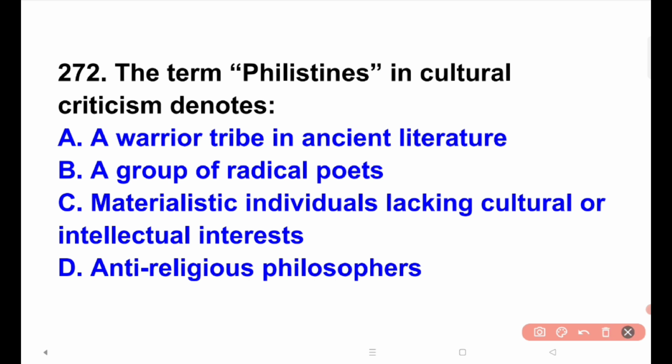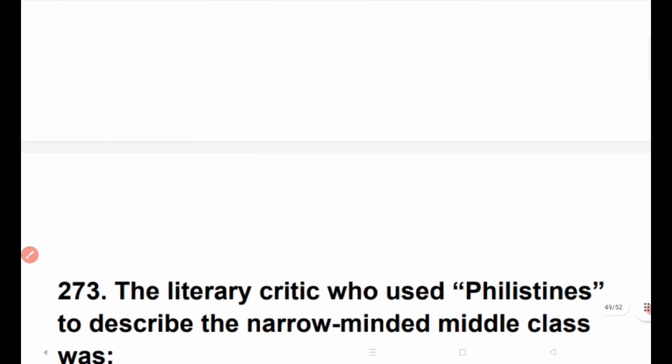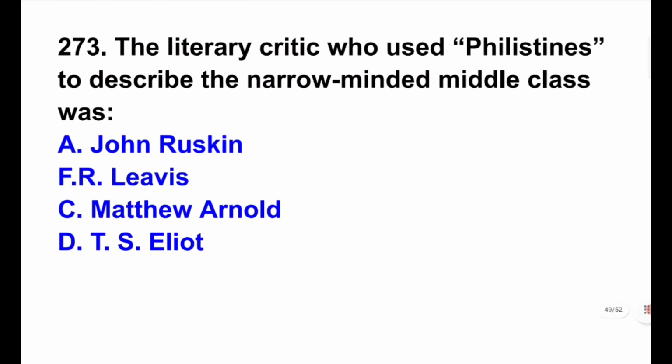Next, the literary critic who used Philistine to describe the narrow-minded middle class was option C, Arnold. Matthew Arnold famously criticized the Philistines as the middle class who lacked cultural and intellectual depth. And next,